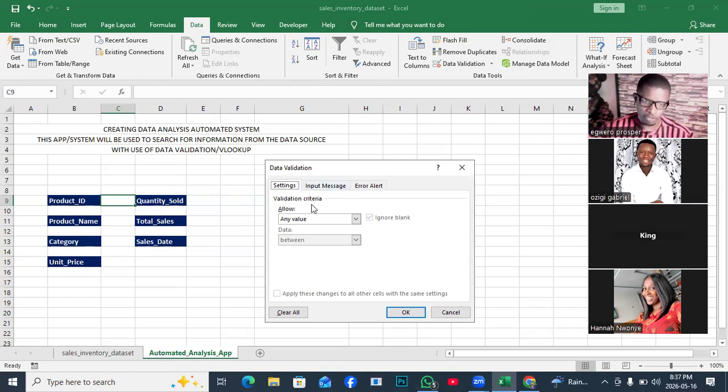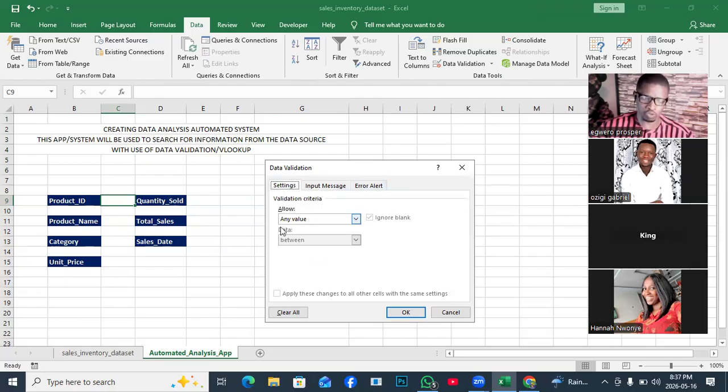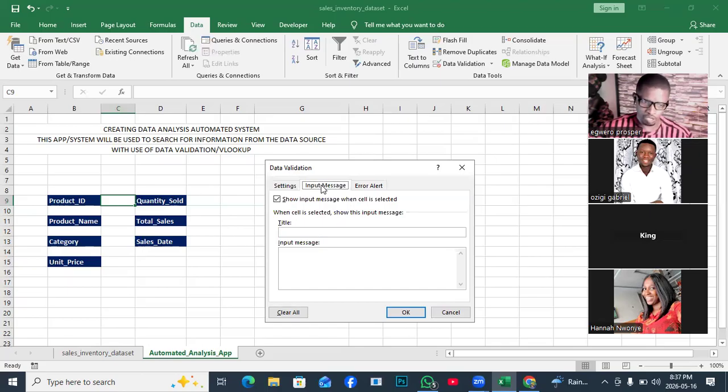Now, before I take this, because what I actually need for this purpose is just this. But just in case you are programming something else that will need this, I will quickly explain them before I come back to what I want to program. Now, input message. Input message is just